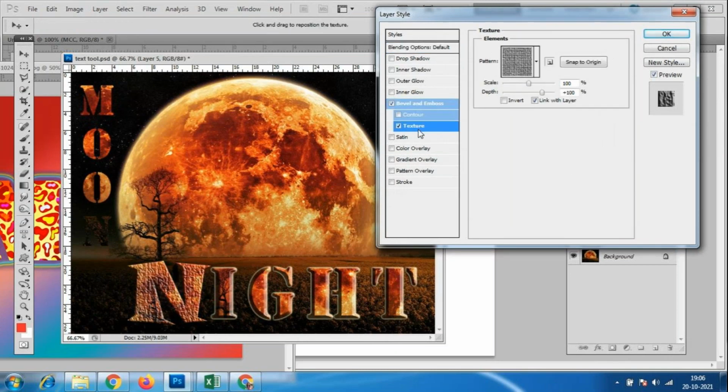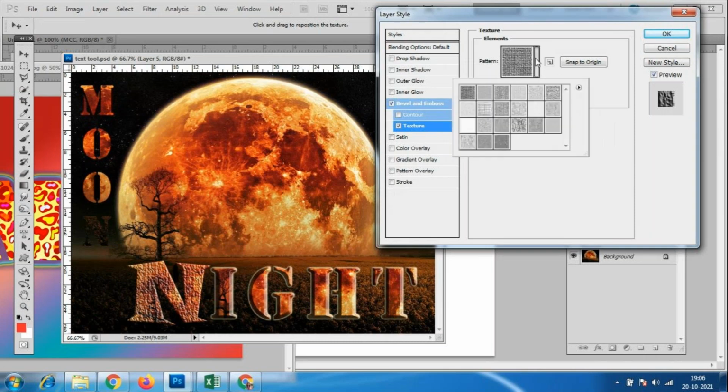So the texture, which I have not done yet, we have the texture tool also. Here in this you have multiple textures. So for the N I have to give the stone texture, the brick texture, all the patterns we have. Okay, so we can see the tree also here. And with that, whatever image I have cut, I have given the texture also for this.